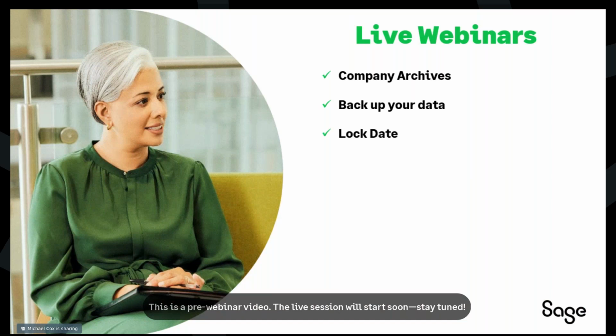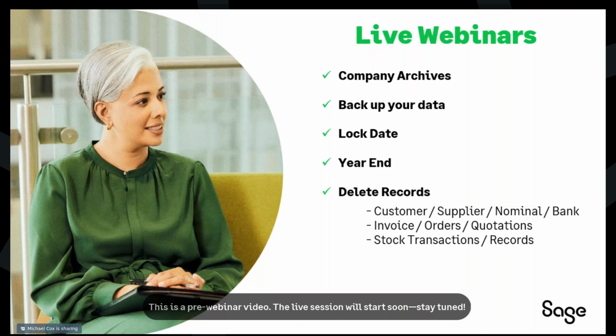And avoid accidental postings into a closed period by setting a lock date. It's quick to do and it saves headaches later. We'll also guide you through the year end wizard as well, step by step, so you can complete the process with confidence. If you need to tidy up older unused records, we'll show you how to do that as well